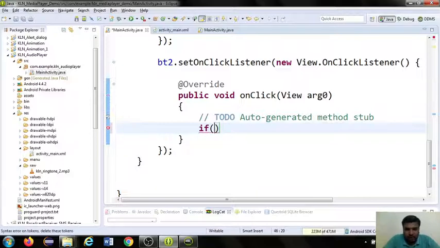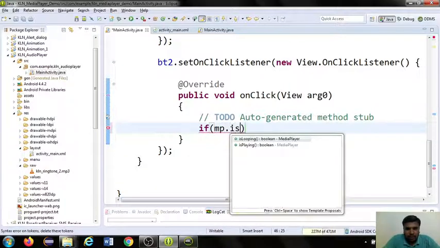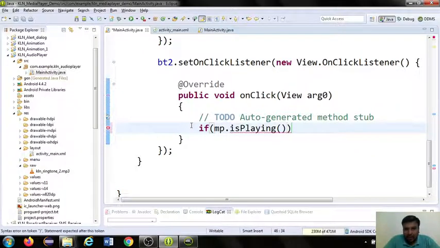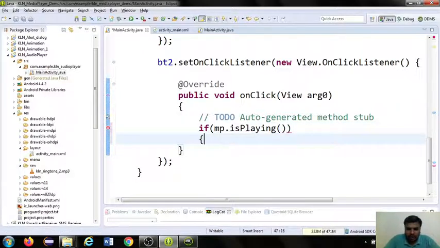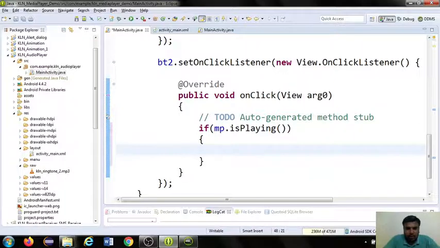If mp dot is playing, you are going to check whether our media player object is currently playing any resource or not. If it is, then you have to use the method called mp.pause.